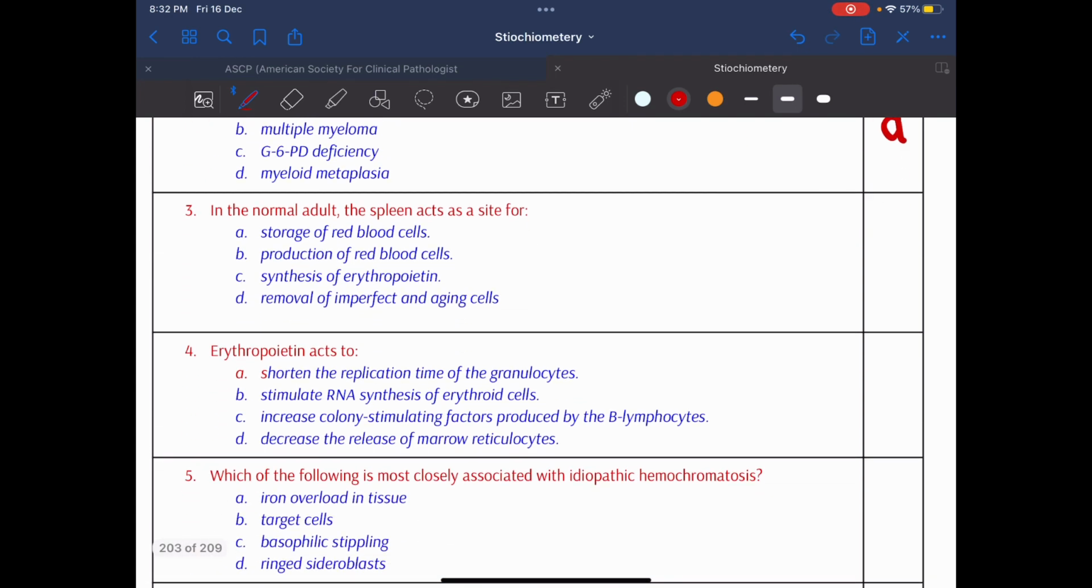In the normal adult, the spleen acts as a site for storage of red blood cells, production of red blood cells, synthesis of erythropoietin, removal of imperfect and aging cells. So the correct answer is